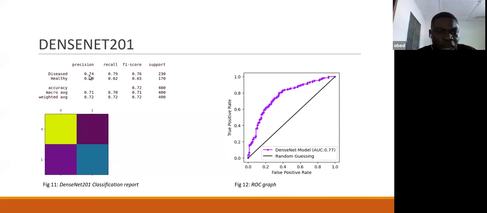So basically what I'm looking at is, out of, let's say, so many positives, how many positives is my model predicting right? And that is what is interesting